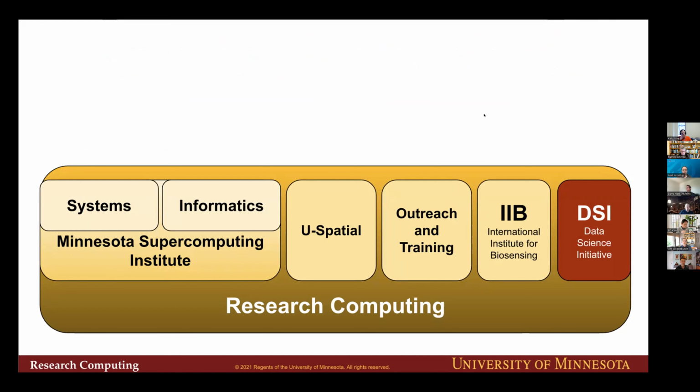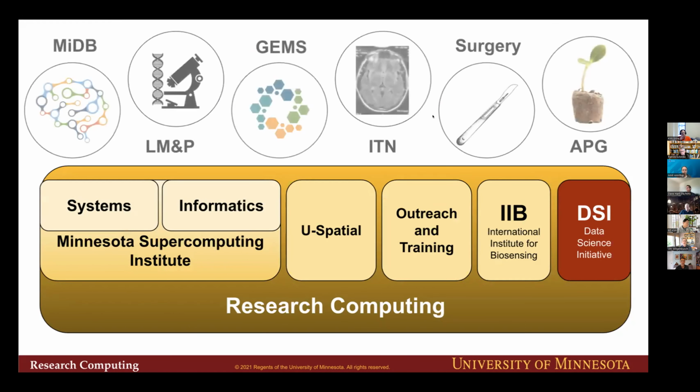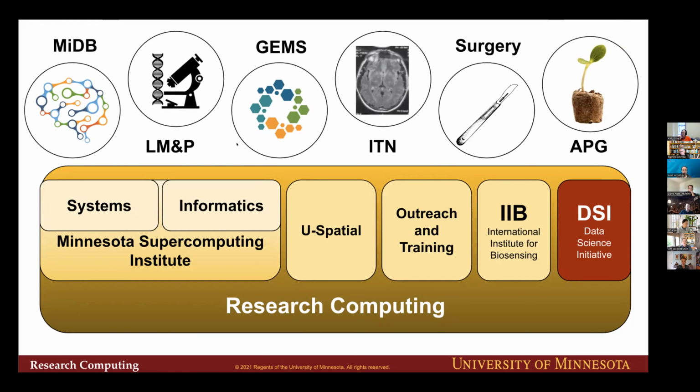And so we have staff who are actually embedded and paid for by institutes around the university, and the institutes are involved in everything from the developing brain to lab medicine and pathology to agronomy and plant genetics. And so it's a wide set of various areas that we have